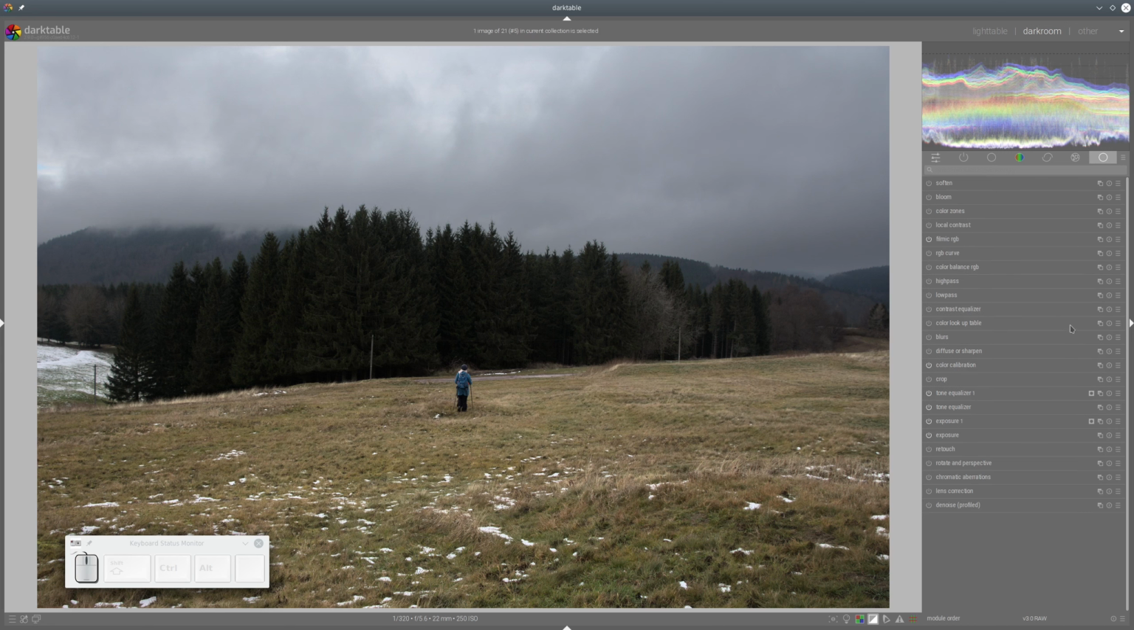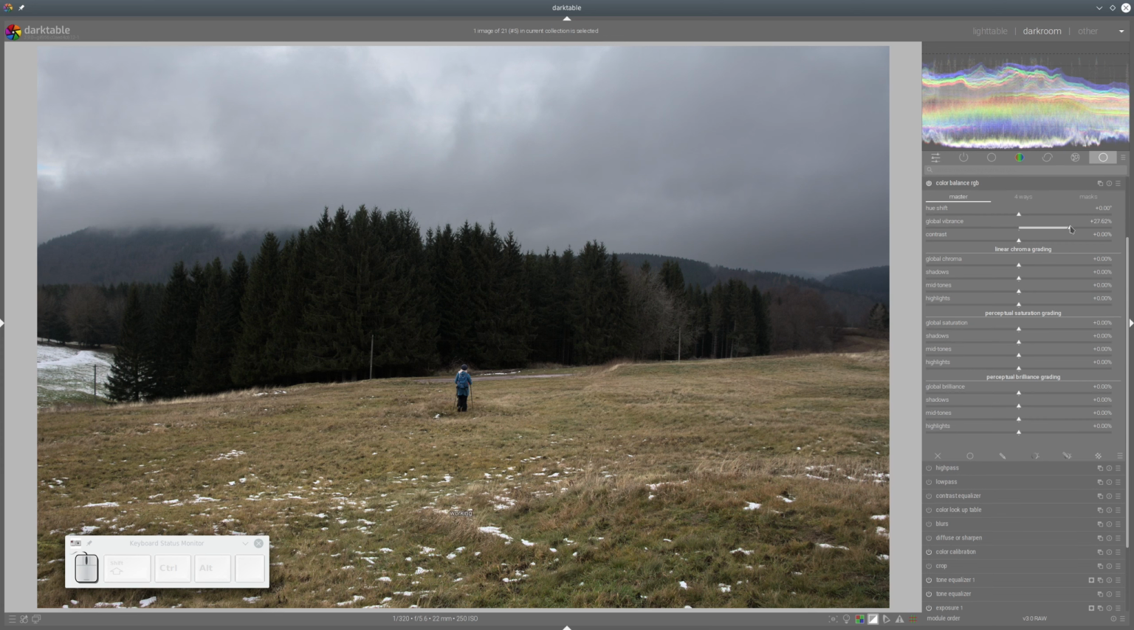Okay, and now colors. Of course, we can use color balance RGB. We need a bit more saturation, so let's go with that. Maybe not too much of perceptual brilliance, but quite a lot of chroma grading. So,